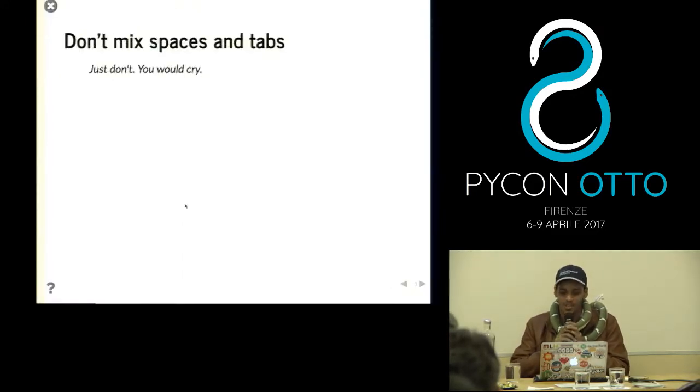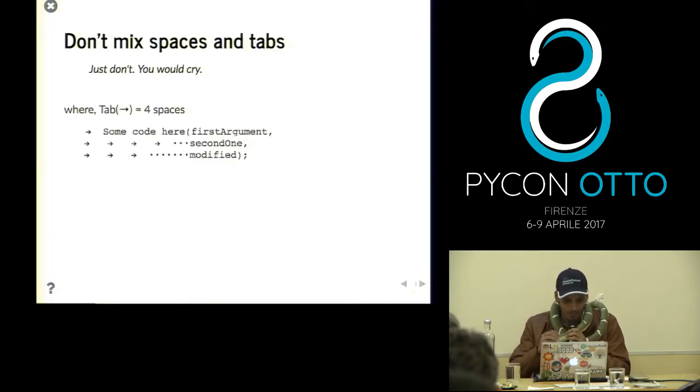How many people use different text editors, maybe Sublime, Vim, Atom, or even Notepad? The problem is that in different text editors, a tab represents a couple of spaces. It might be 4 spaces for some editors, or 2 spaces for others. Let's say you're working in a team where everyone uses different editors, and one guy is using Notepad, which doesn't know anything, while you might be using PyCharm, which indents everything for you, so you don't have the problem of mixing spaces and tabs.